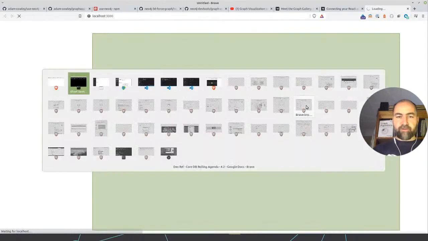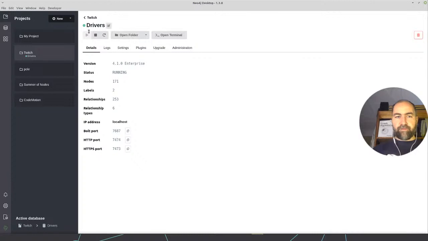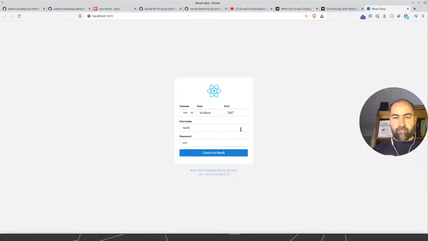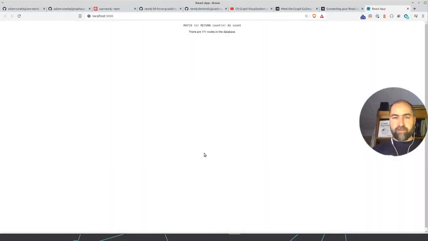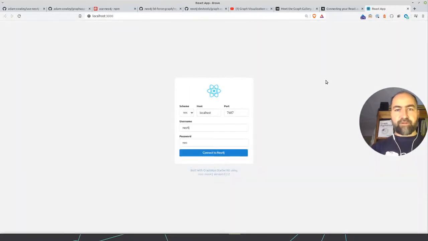I have my local desktop running with a single movie database as such. If I connect to Neo4j, then it tells me you have so many nodes in the database. Okay, that's good. So that's the minimal starter app.